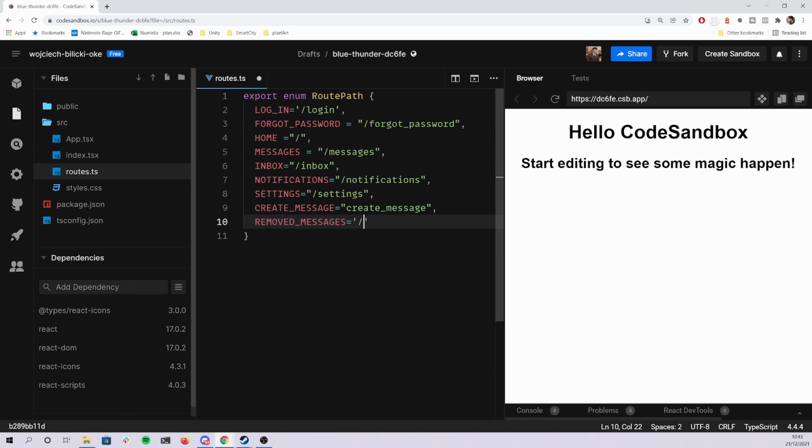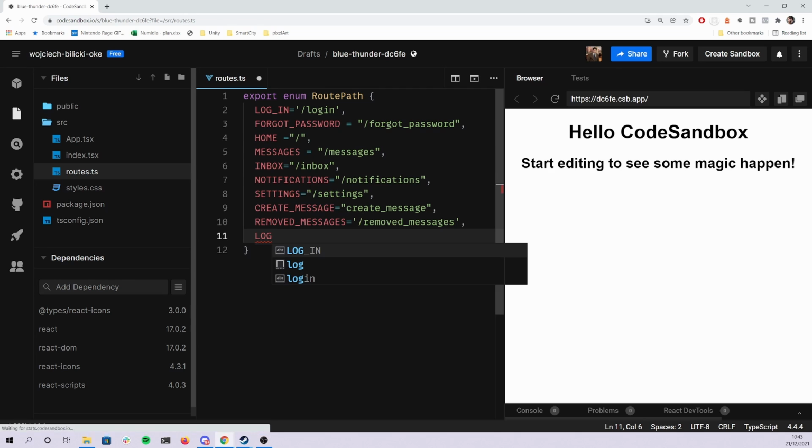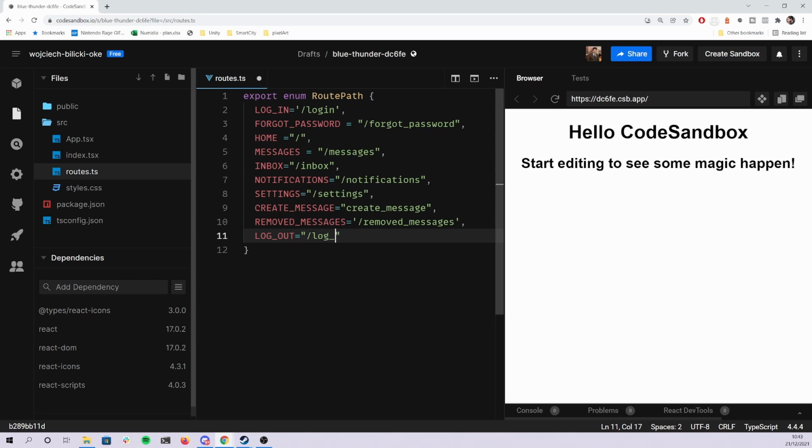And of course, you can do your own routes when using that in your project. And logout will be the page that when transitioned to, the user should be logged out. Okay. And now